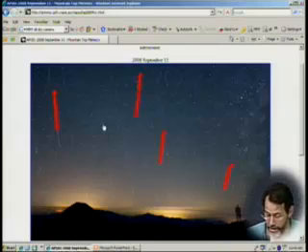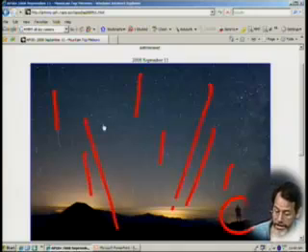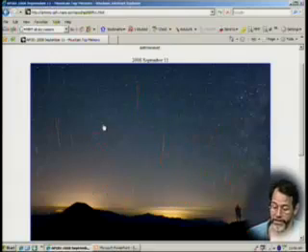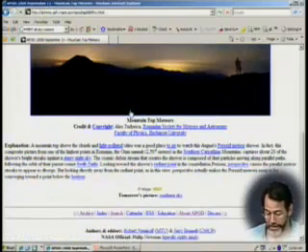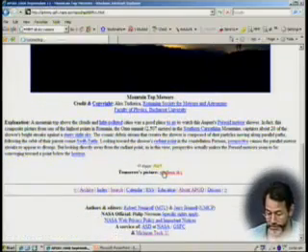I like the perspective of a person watching that. It would take probably hours to get all these meteors. One weird thing is these meteors seem to be coming to a convergence point below the horizon, which really means that the real convergence point is below the other horizon. And I won't go into that in more detail right now.